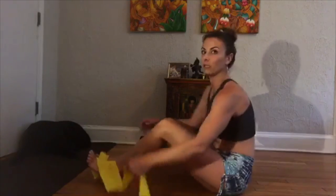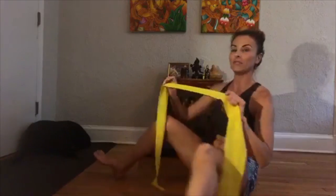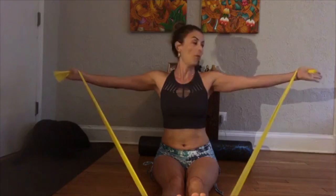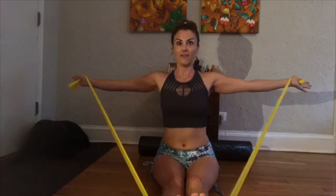Let's see, hopefully you can see this one. The camera might be a little bit close. So this one is deceptively hard. I'm actually going to do it facing the camera. I am sitting with my legs totally extended. I'm not sure if you can see all of that. I hook my feet. I open my arms to shoulder height, palms facing forward,